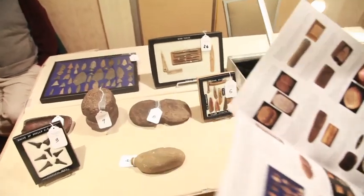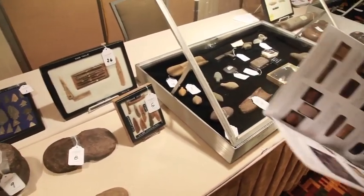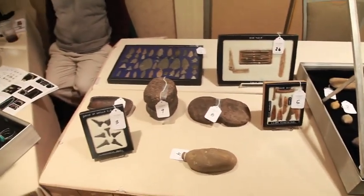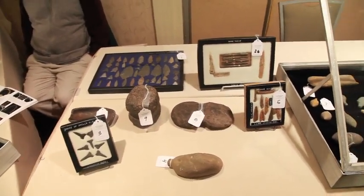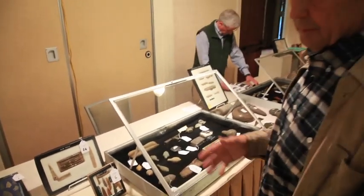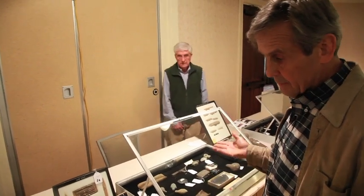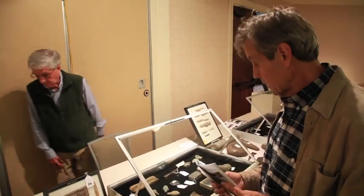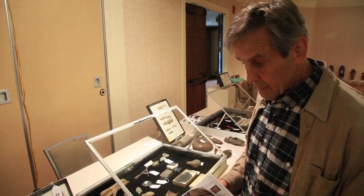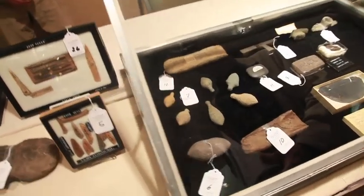The collection by Rolly Engstrom, who's been deceased for some time, but he started this in the 30s and kept collecting, and a lot of these pieces are from within 10 to 15 miles of where we stand right now, which is Rockland. One of my favorite pieces is the gouge number 10,